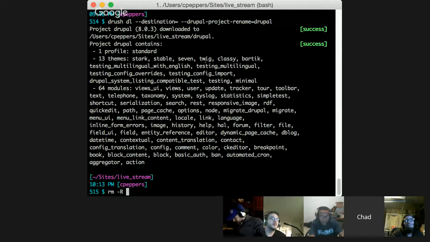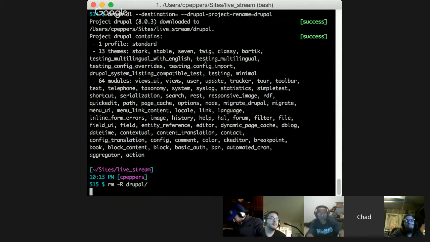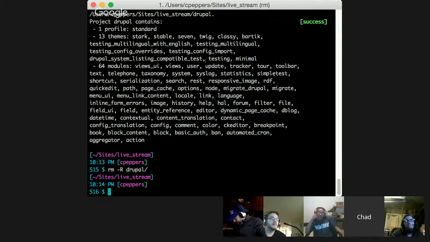So one thing before we even begin, Drupal 8 is kind of the latest, and most of the demos that I'm going to be doing are on Drupal 7. Drush by default now is on 8.